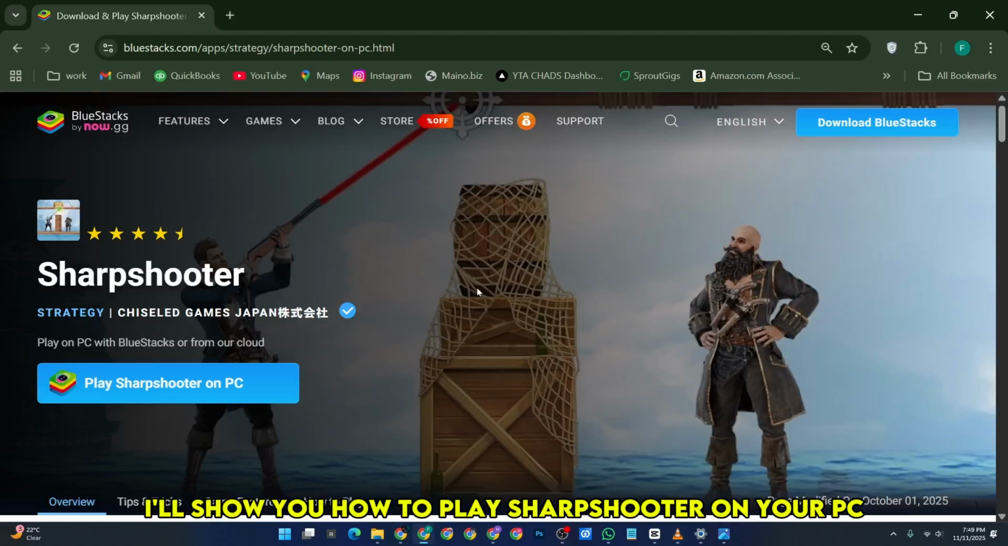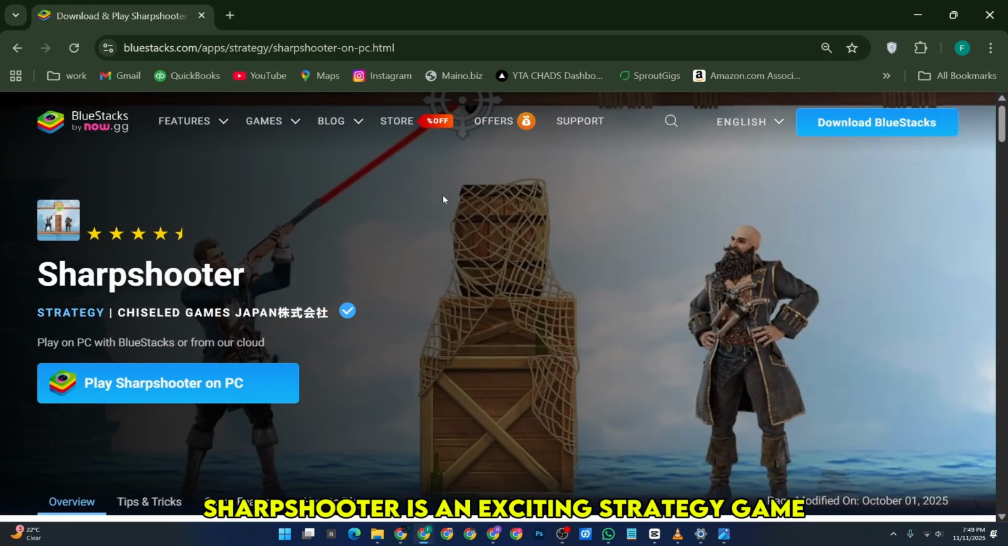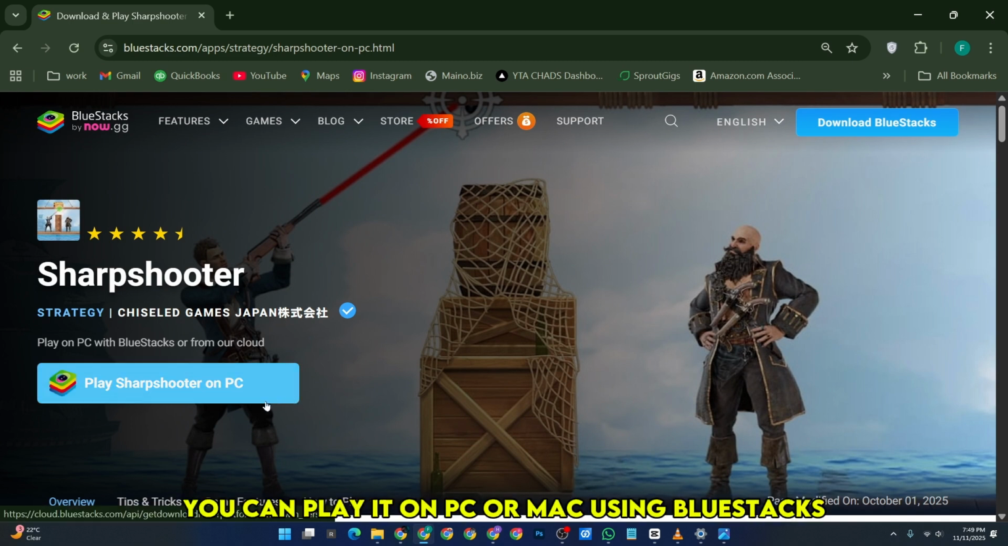In this video, I'll show you how to play Sharpshooter on your PC. This is a quick and easy tutorial to follow. Sharpshooter is an exciting strategy game developed by Chisel Games Japan. Even though it's an Android game, you can play it on PC or Mac using BlueStacks, which is the world's